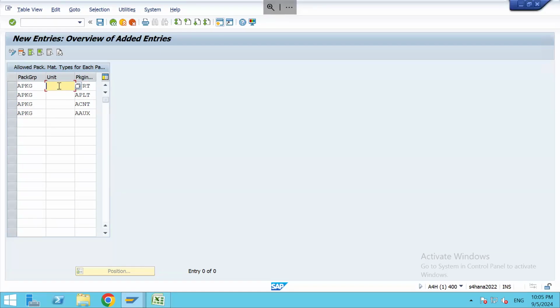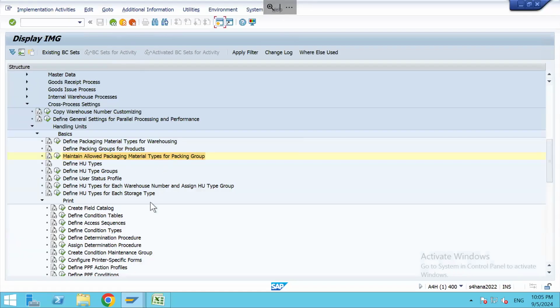Then it will work only for those packaging materials which have the unit of measure we maintained here. If you are leaving it blank, then whatever is the unit of measure for the carton material, it will work. Okay, save it,